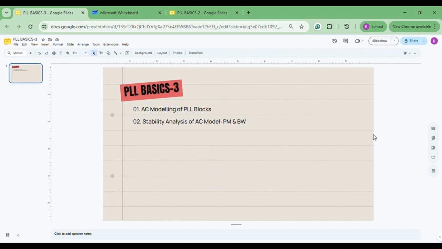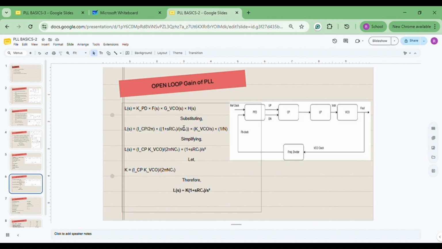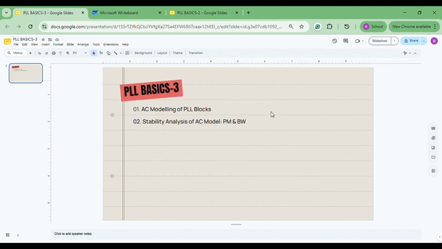Why we are doing this is, whatever we have discussed in the last lecture, these equations, closed loop equations, open loop equations, are just linear equations. But when it comes to an actual system, we need to model the system before going to transistor level designs. So here we will discuss the actual modeling of those blocks, and we'll see the response in terms of phase margin, bandwidth and gain. So whatever we have finalized, let's